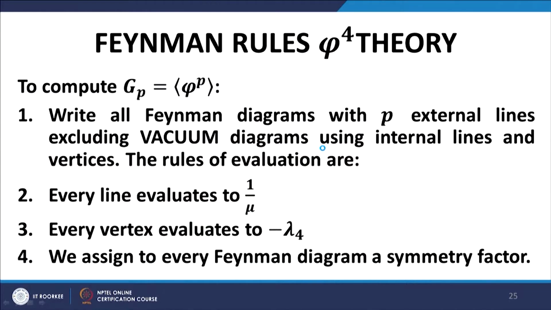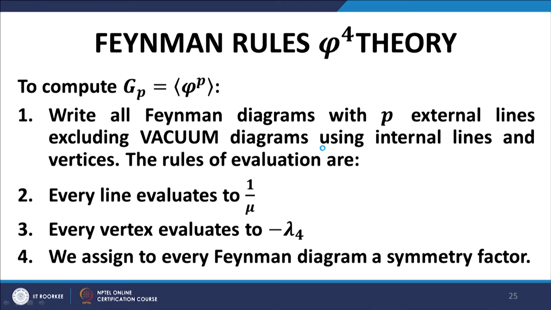And obviously, disconnected diagrams are those diagrams which are not connected. They consist of disjoint pieces that are themselves connected, but they are not totally connected to form one composite piece. In other words, from one point in the diagram, you cannot move to every other point through the lines of the diagram. Now, what are the Feynman rules for the phi 4 theory?